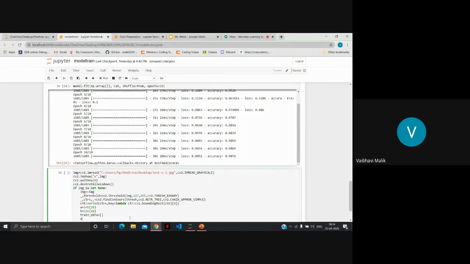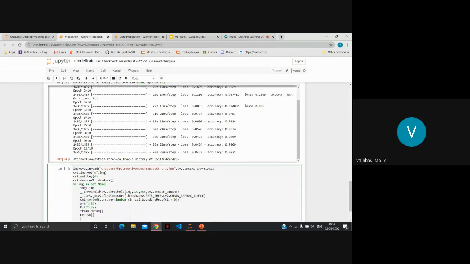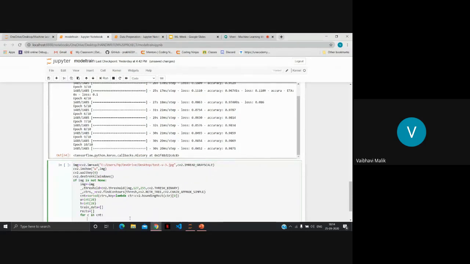Okay, so now we will create an array of rectangles which will store all the rectangles that we got from the contours. For that, we will traverse all the contours that we have. I told you yesterday that it will return four things: x, y, w, and h. x, y are the top leftmost coordinates of the rectangle, and w and h are the width and the height.